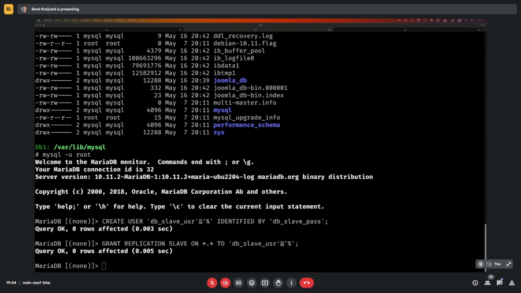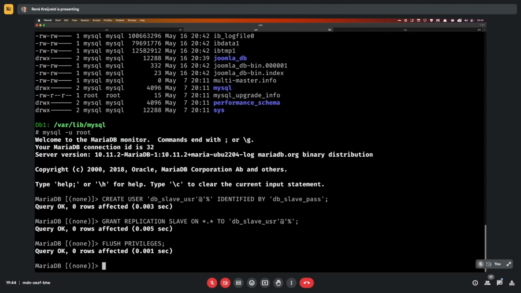That's now created. And just as in the previous case, when I change the rights, I need to flush the privileges to write them to disk. That's all I need to do. Okay. Next step is to temporarily stop the Apache web server and create a database dump. Why do we need to do that? In order for the slave to replicate the information from the master server,